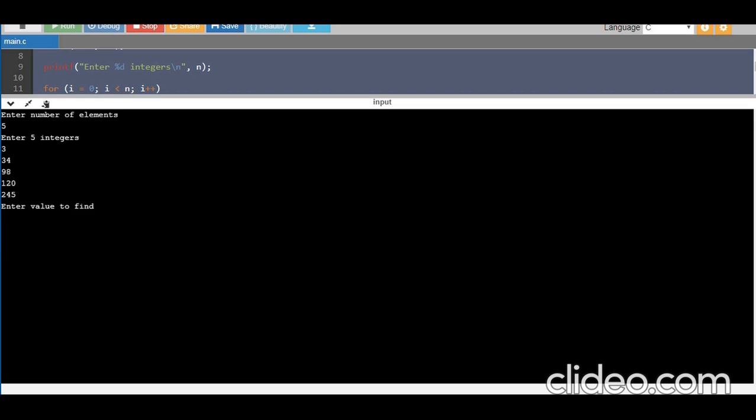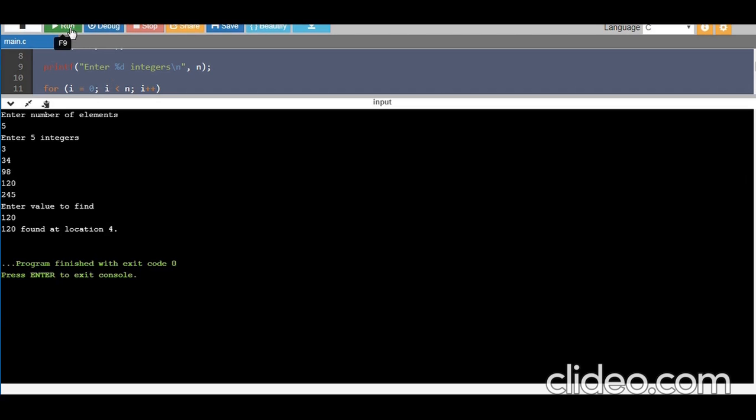It is asking me to enter the value to find. Let us go ahead with 120. What is the position of this element? 1, 2, 3, 4. Yes, it is available, at position 4. 120 found at location 4. This is how I am getting the answer, and I want you to get the answer like this only.